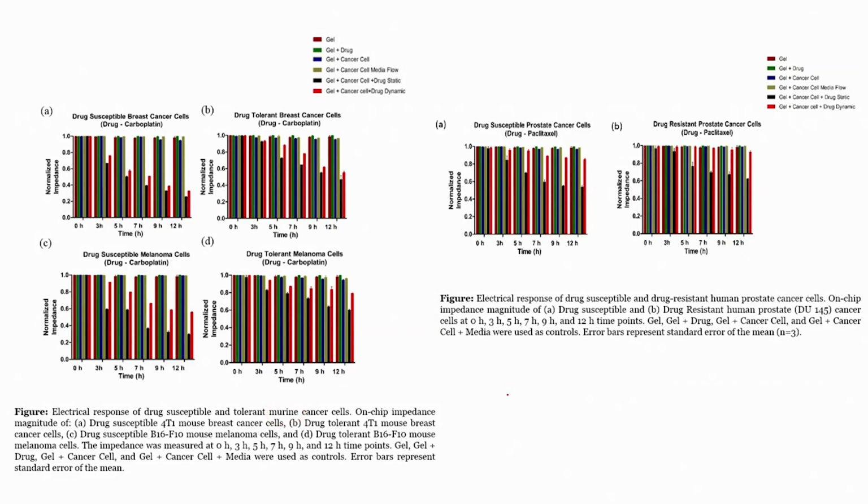Okay. Now, what we see here? We have control 1 which is gel, control 2 gel plus drug, control 3 gel plus cancer cell, control 4 gel plus cancer cell media flow. This is experiment 1, this one is our experiment number 2,